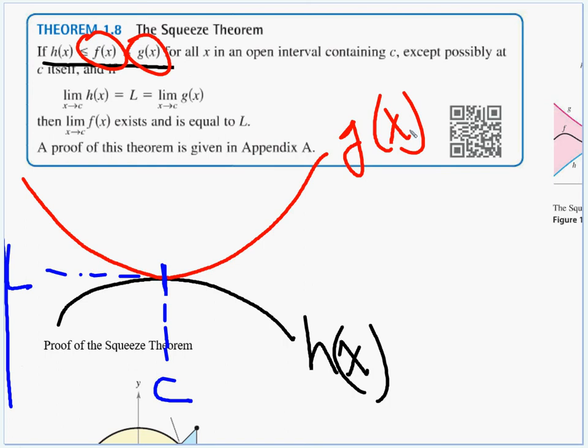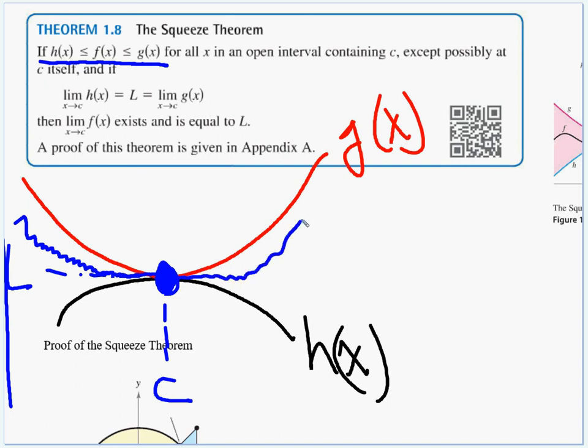Back to the inequality that set this all up. H of x is less than f of x is less than g of x, so we know f is always in the middle. If I draw g or f of x in blue ink, I have to stay between the red ink and the black ink. So as I'm coming in here, I'm getting pinched. I'm getting squeezed in between because they're pinched here together at point C. When I come out on the other side, I just have to stay in between the red and the black